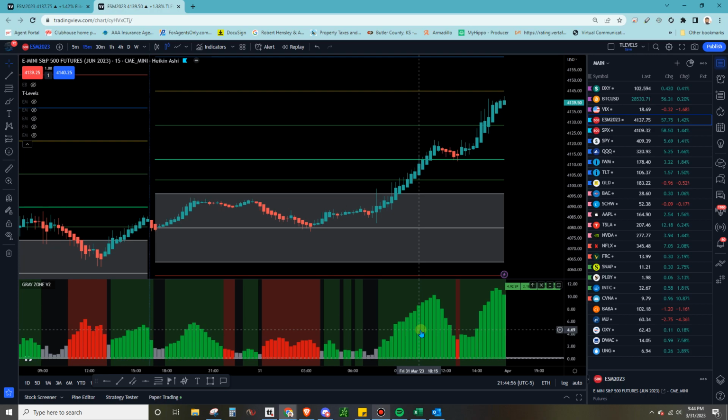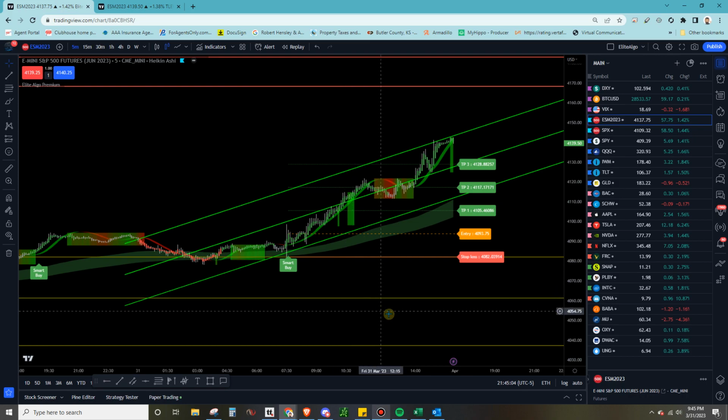You could probably make it more systematic, and you should, as much as possible, but you're not going to get the same kind of signals that you would with Elite Algo. So here are the big differences, and like I said, I love both of them. The reason I've been more drawn to Elite Algo lately is mainly